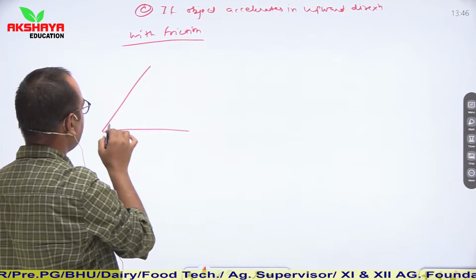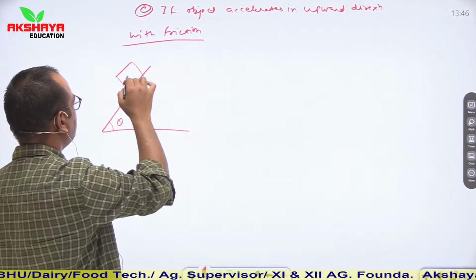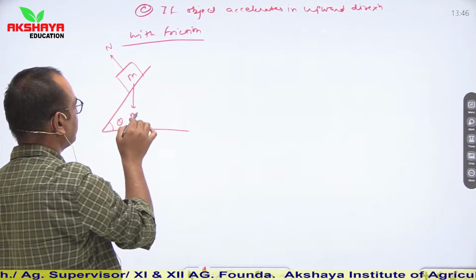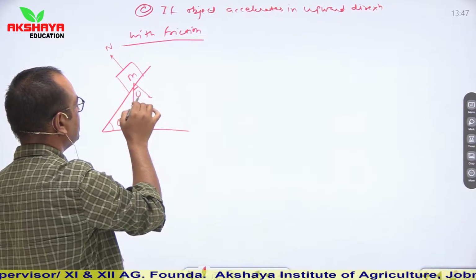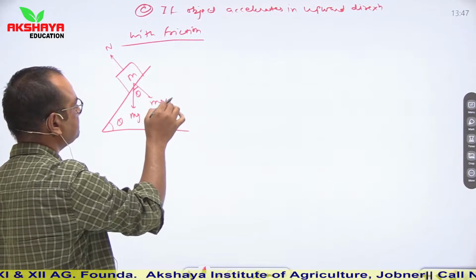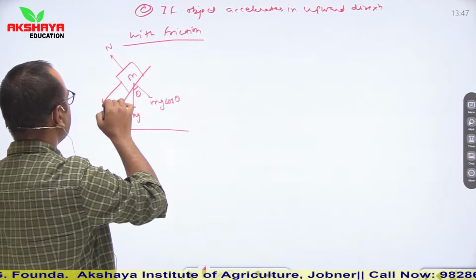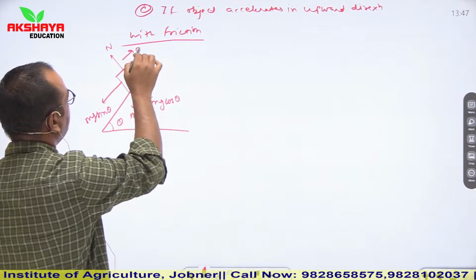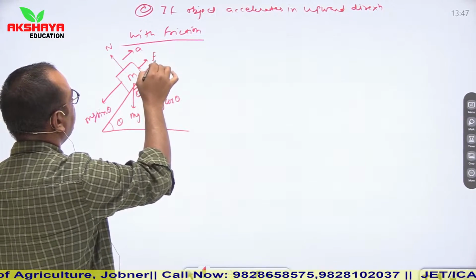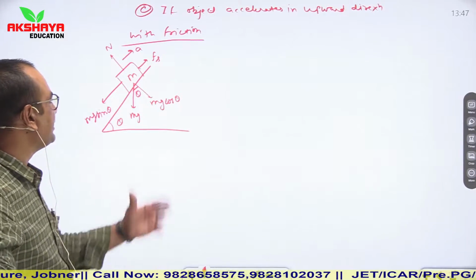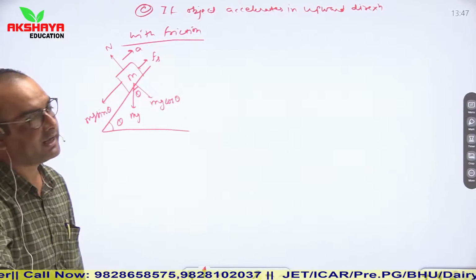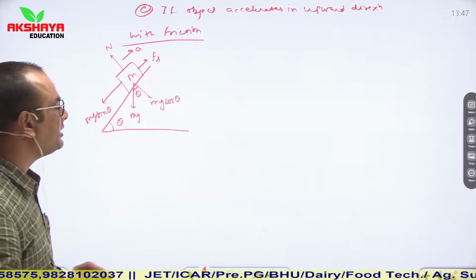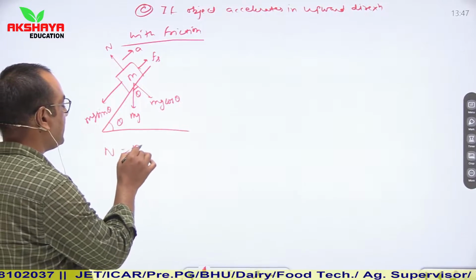So see, this is our inclined plane. This is our object of mass m. This is its normal force N, mg vertically downwards. This is angle theta, so it becomes mg cos theta, and mg sin theta in the downward direction. The object is accelerating in the upward direction. Here there is a frictional force Fs. So if the object is accelerating in the upward direction, we are considering that this frictional force is greater than mg sin theta. So N is equal to mg cos theta.